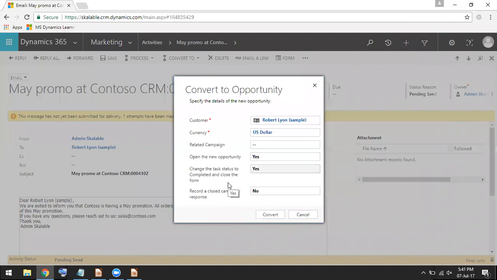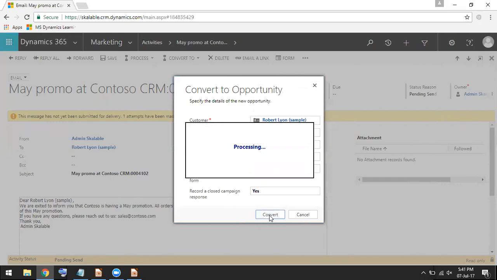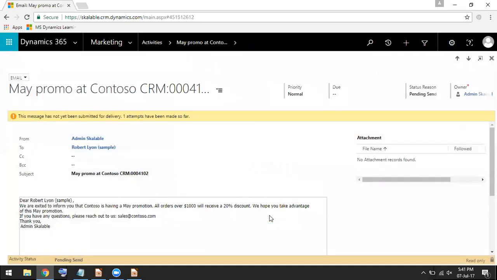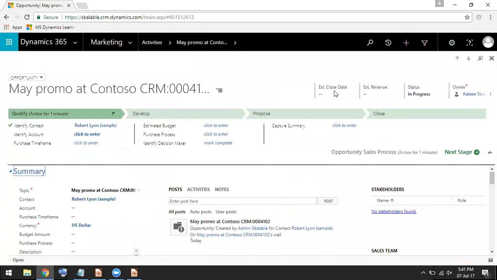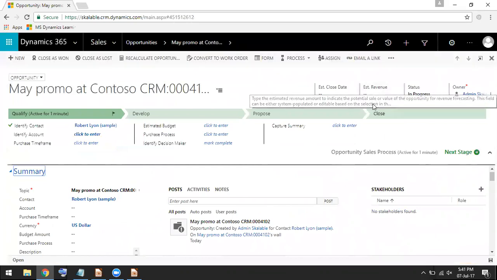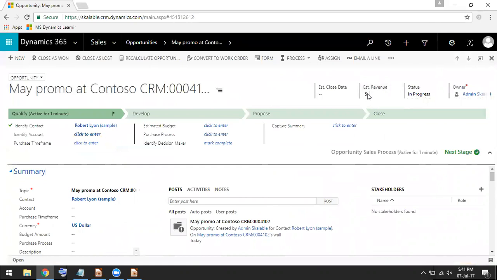By creating an opportunity, you are closing a cash flow. You are going to create a campaign response against this. So this will account in the campaign record. Also choose the related campaign, Destiny Pro campaign. So convert. Right now the opportunity will be created. Again, let's say the estimated revenue is around $150,000.